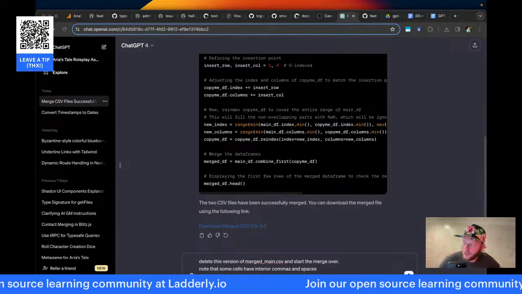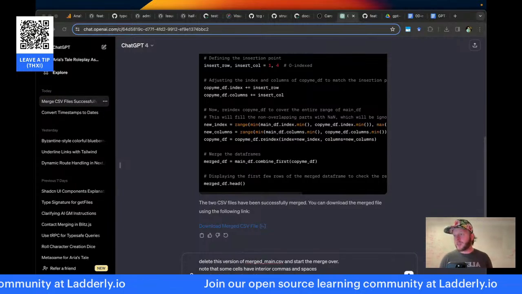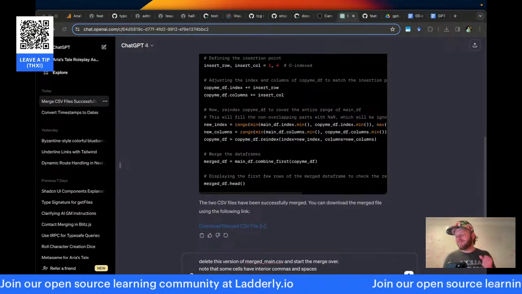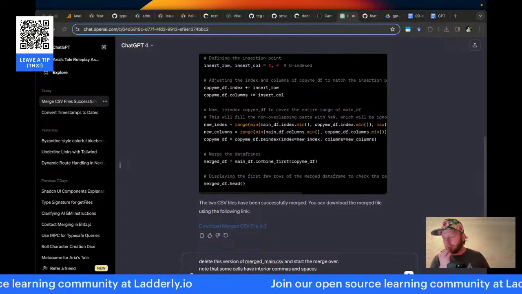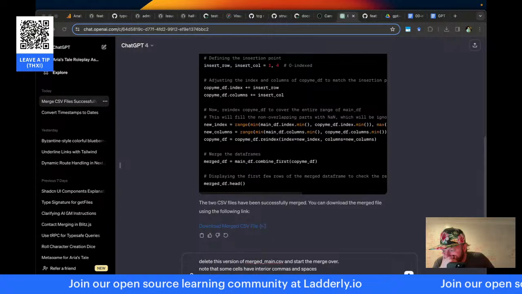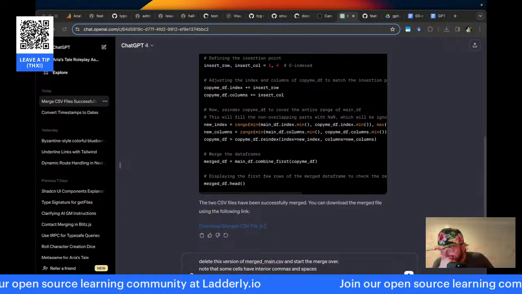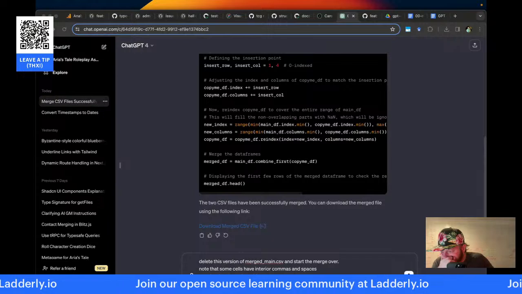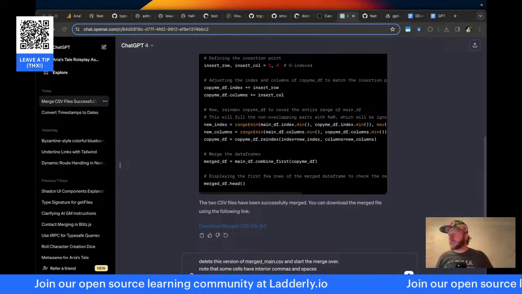Are there no double quotes in this file? Let me check. But there are. There are double quotes in the raw source as well. I wonder how those got there. Are people entering double quotes?